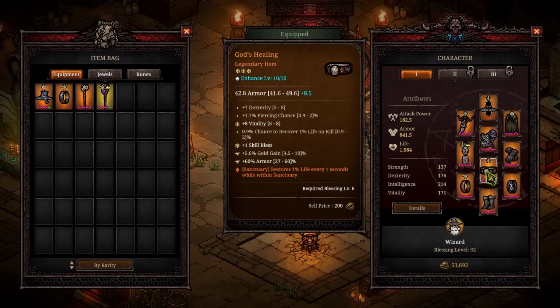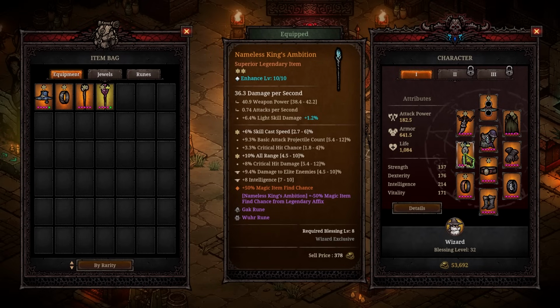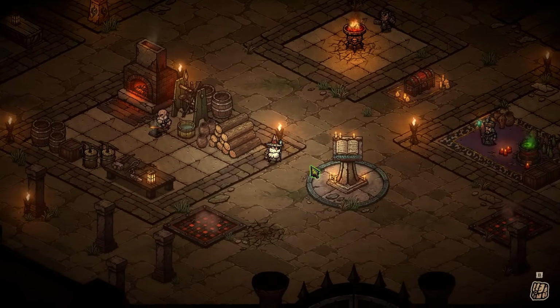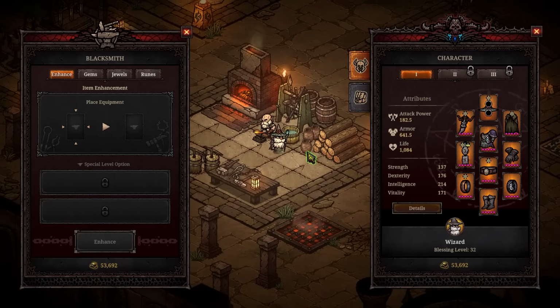And then on our belt here, just for some extra life insurance, we've got Sanctuary, restores 1% life every 1 second while within Sanctuary. For our weapon is Nameless King's Ambition, 50% magic item find on it, and it came with 2 gem slots. Now what's crazy, I didn't figure this out until I messed around with some different pieces,